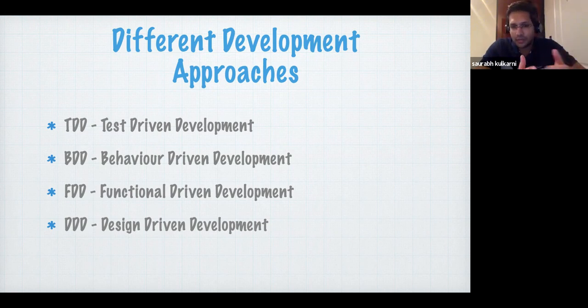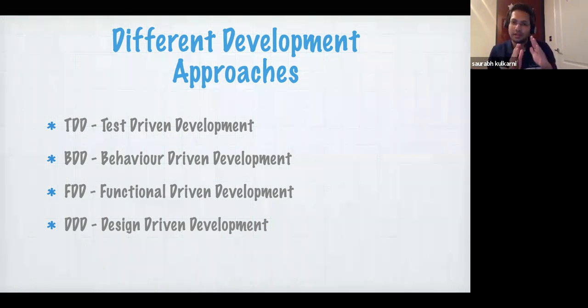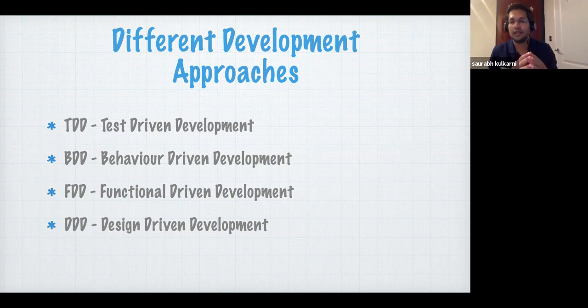Now Agile is a methodology, it is not a technology, but it is a methodology that we follow. It tells you what to do and what not to do. Very similar to Agile, this is an approach, a kind of methodology, and this works hand in hand with Agile. So for Agile, this is one of the requirements, that TDDs and BDDs.